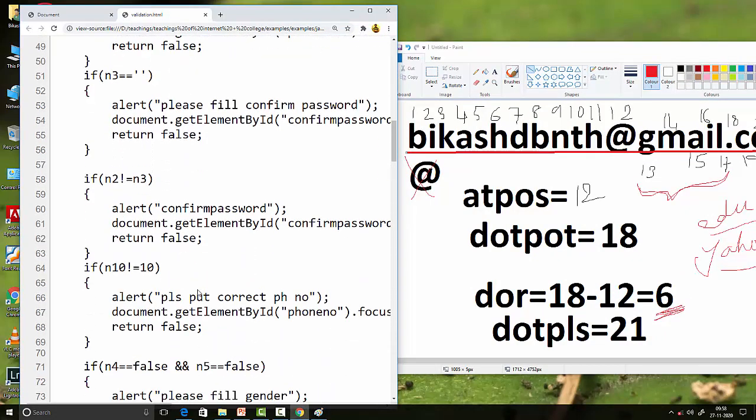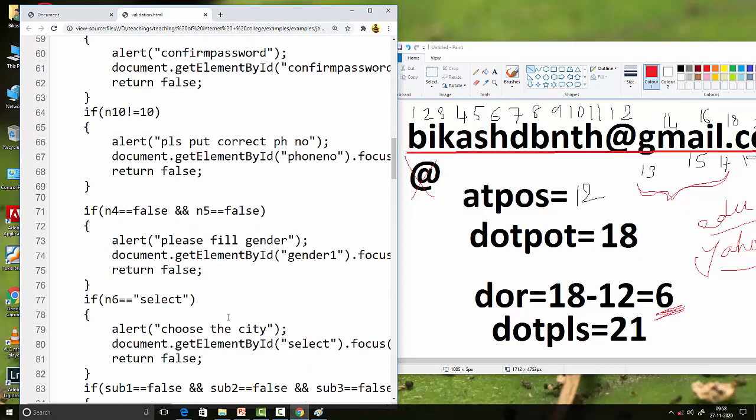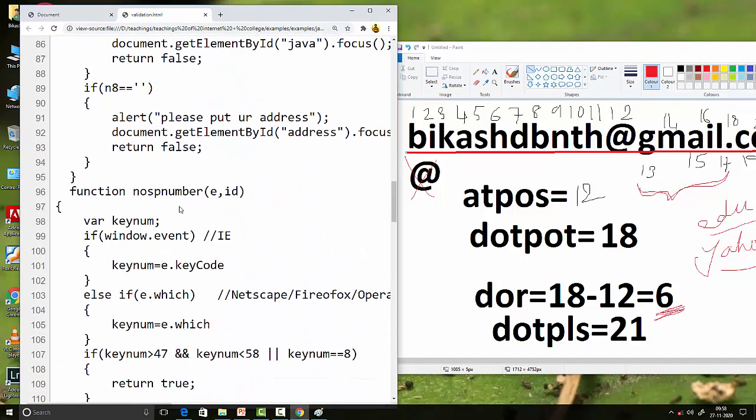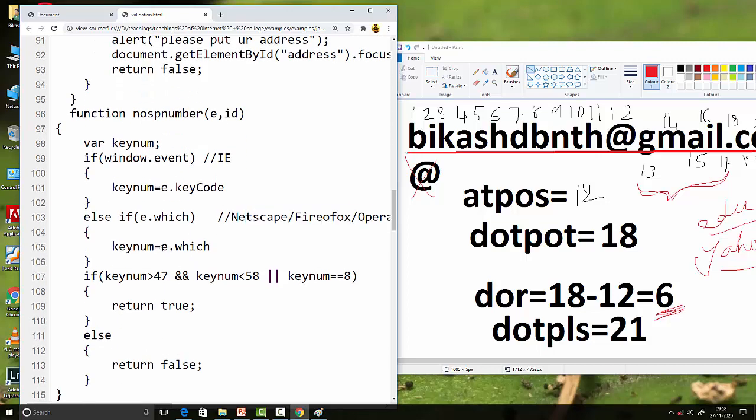And also for confirm password, we have said beforehand that the values must match, and another function has been given for the phone numbers. That one is an event occurring for Internet Explorer, Firefox and other browsers also. First the keynum is taken and it is checked that it is within 47 and 58.